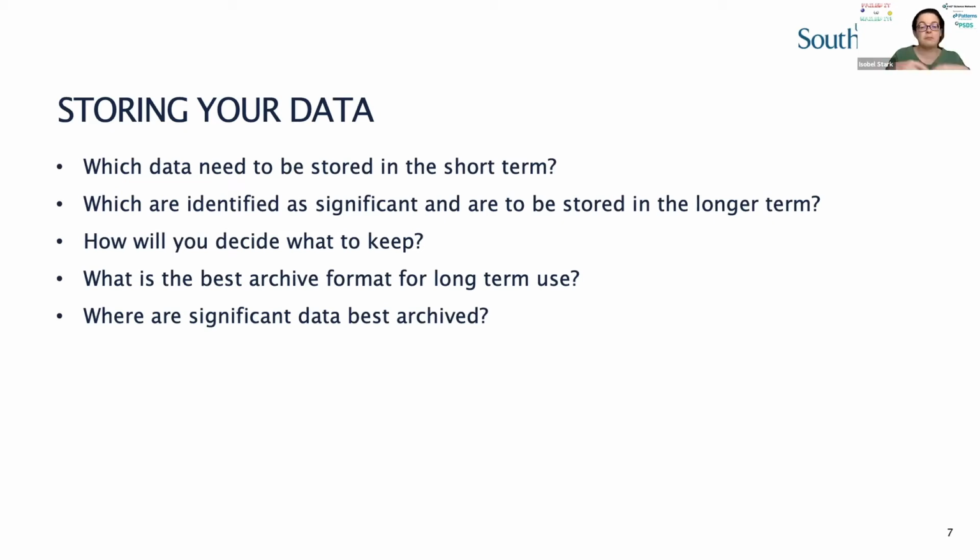So, for example, we're going to be dealing with a lot of streaming data, where actually the data that's going through is not as important as the actual algorithm that you're running over that data, in which case keep the algorithm, keep a good description of what sort of data you ran it on, how you got it, and so on.